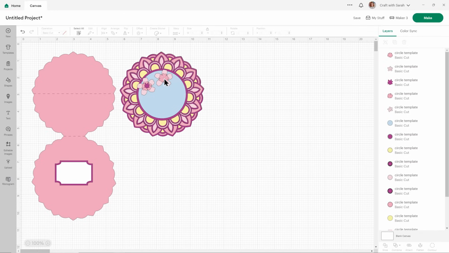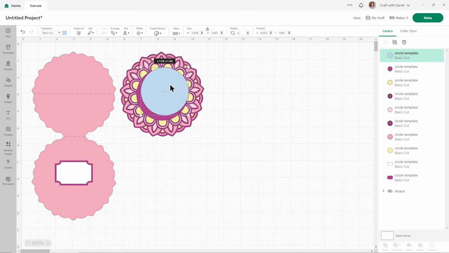Just go through all of these and then you'll be left with this, which you could change the colours on, add something different in the middle, or you could even use a photograph and slice it into this circle shape. So you could have maybe a photo of your family or your pet, or if it's an anniversary card, you could have a photo from your wedding day, something like that in the middle. Or you could find a graphic, a picture, and put it in the middle, whatever you want to do.